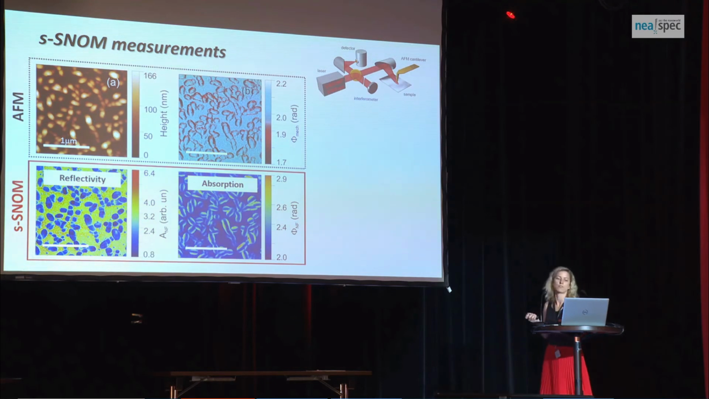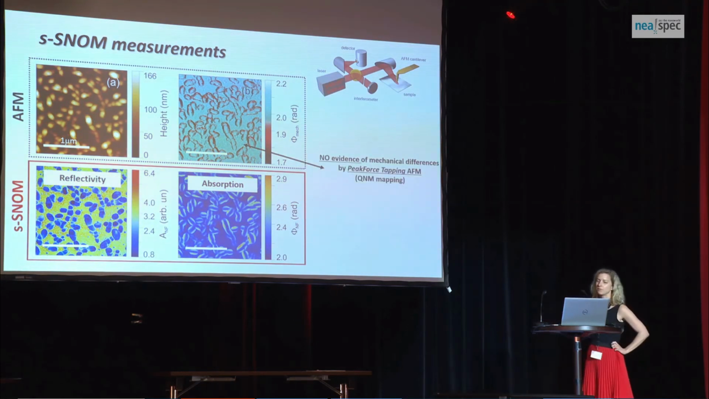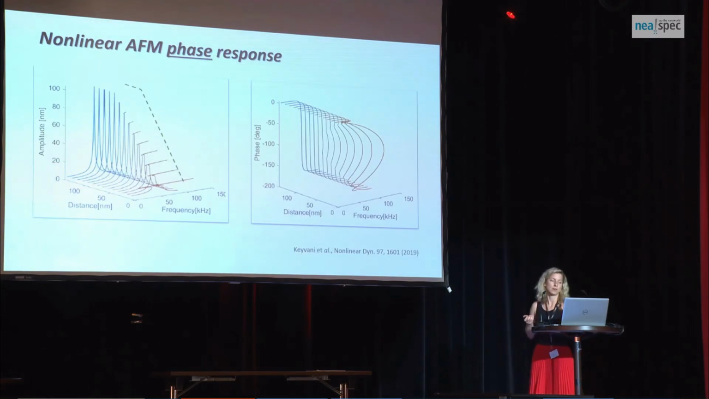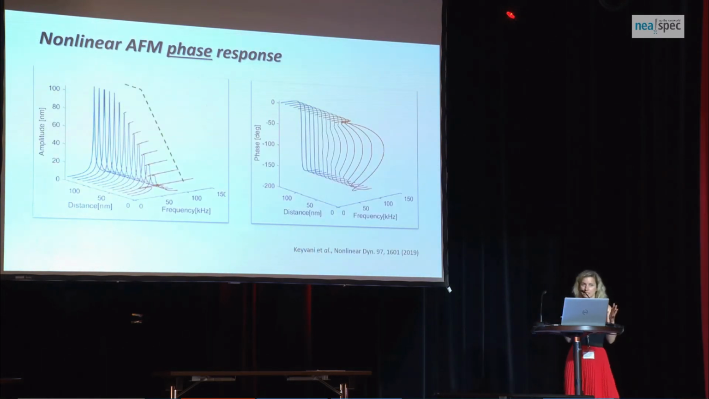So we performed the peak force tapping measurement, which tells you something about the mechanical properties of the sample, and unfortunately, we didn't see any differences at the edges and at the center of our island. So at this point, we started to be very suspicious that there might be something going on that is not directly connected with the orientation of the molecules, and as we're not experts in AFM measurements, we had to go